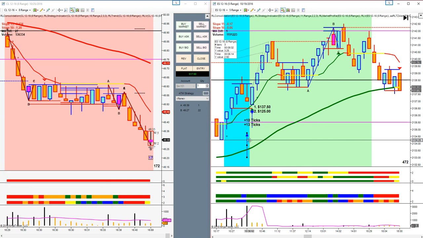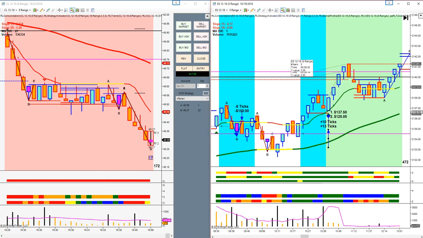Right here. This is where we took the trade on the transition zone, and the algorithmic system took the trade on the transition zone. The algorithmic system made $137.50, and in the room, we also took the trade. We made $125. So if you were in both trades, and a lot of people were, if you go over to the right edge,